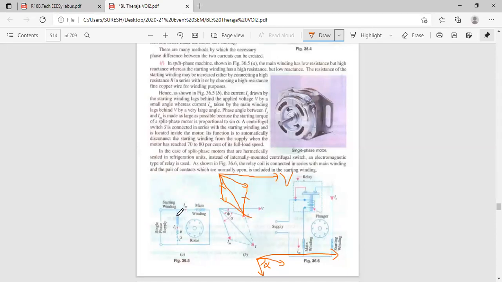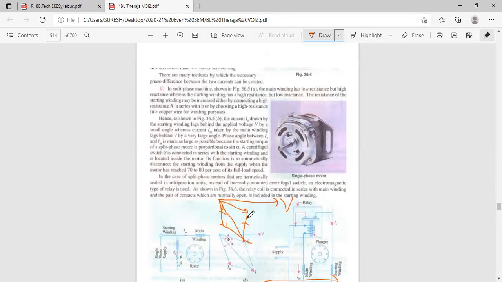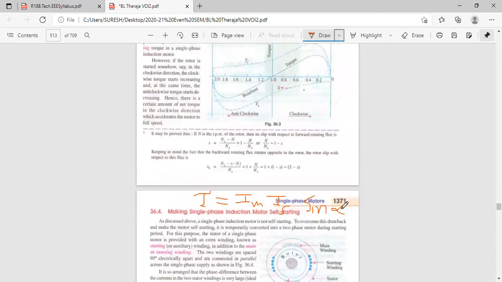It is having more reactance, it is having less reactance. Since it is having more reactance, IM is lagging voltage by more angle. Since it is having less reactance, IS is lagging voltage by less, but the angle in between IM and IS is alpha. This alpha should be approximately equal to 90 degrees, but generally it is not 90 in between IM and IS. If you are able to make 90 degrees, that is well and good, but you are not able to make it.